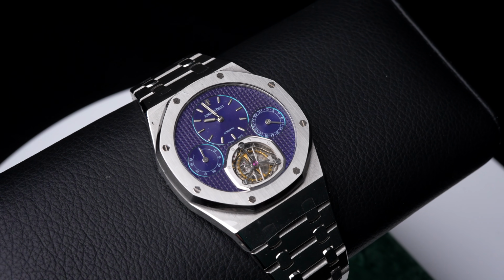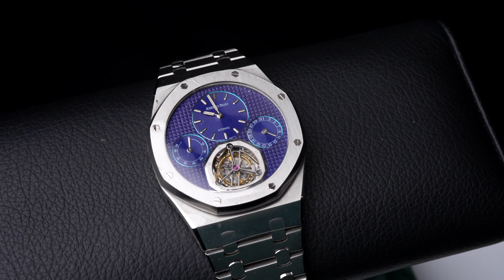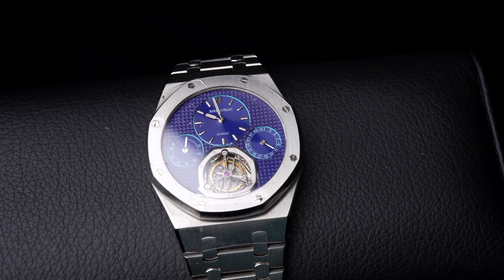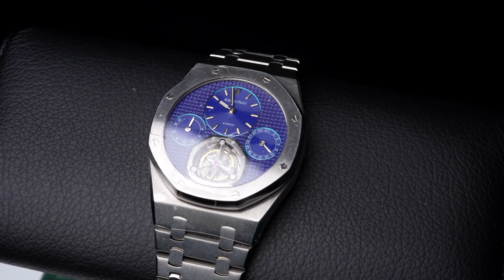I'm going to jump to another watch that is basically in line with, I guess, the mega tourbillon that we show, and that's the 25th anniversary Audemars Piguet Royal Oak. Now, this particular watch is the one that winds from the back. You notice there's no crown on this watch, and this is just it. It's the rarity, right? They made 25 pieces. They made it for the 25th anniversary of the Royal Oak, and this has rarity, collectability, as well as horology,